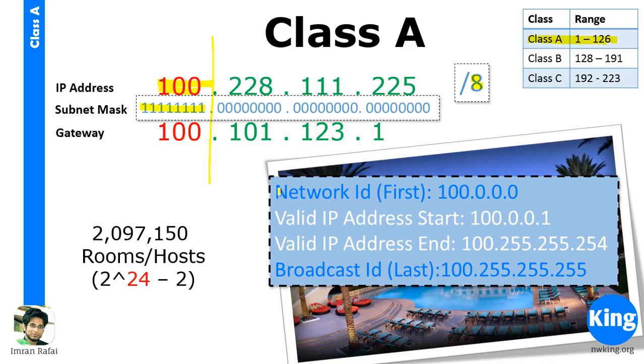Again, if you look at the network ID, which is nothing but making all the host bits in the IP address zeros, in this case it's 100.0.0.0 as the first IP address of this network, and the broadcast ID is nothing but making all the host bits ones. So 100.255.255.255 is the broadcast ID. Valid IPs are between 100.0.0.1 to